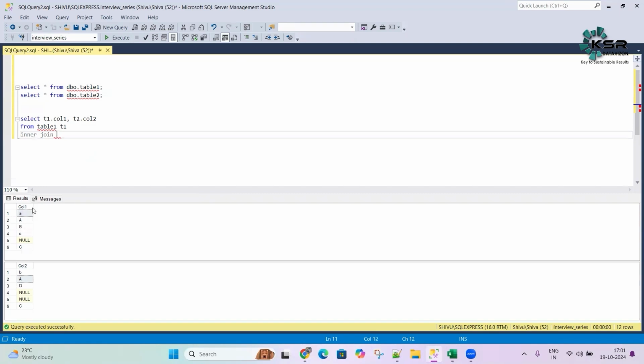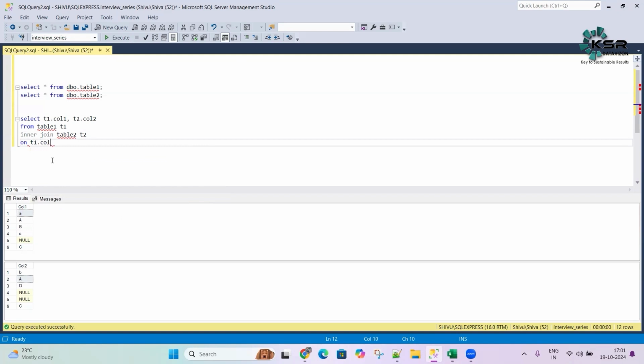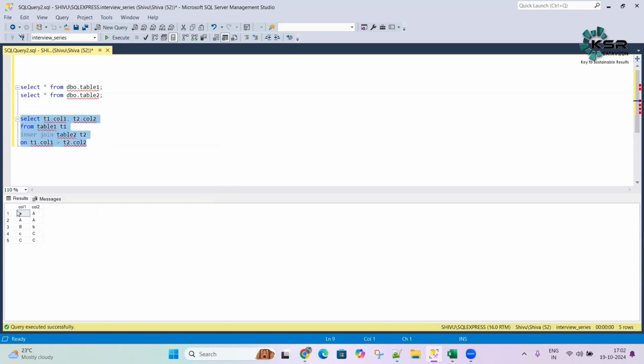This table 2, which we alias as T2, ON condition. Now what is a join? We have to match, right? So on the condition of T1.column1 equal to T2.column2. So let's see what the output is here. So you can see here